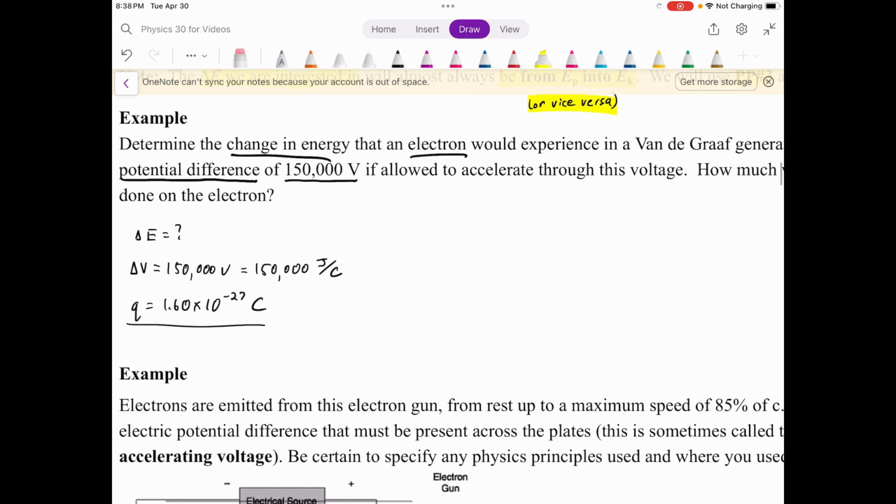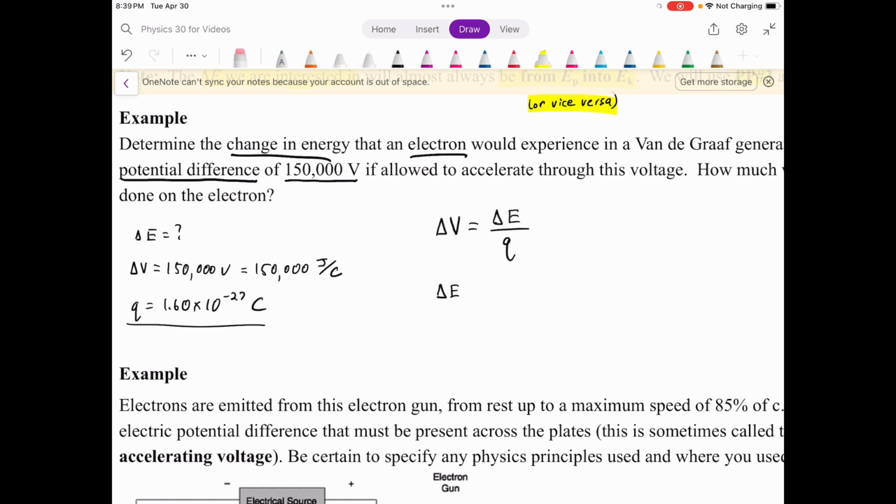So definitely you can tell just from what we know that this is a job for our new equation here, but also just kind of by thinking about it, right? This literally tells us what the change in energy will be if allowed to move between those two places for every coulomb of charge, and we know how many coulombs of charge it has. So we can probably predict that the answer is going to be, we need to take this and multiply it by the number of coulombs of charge,